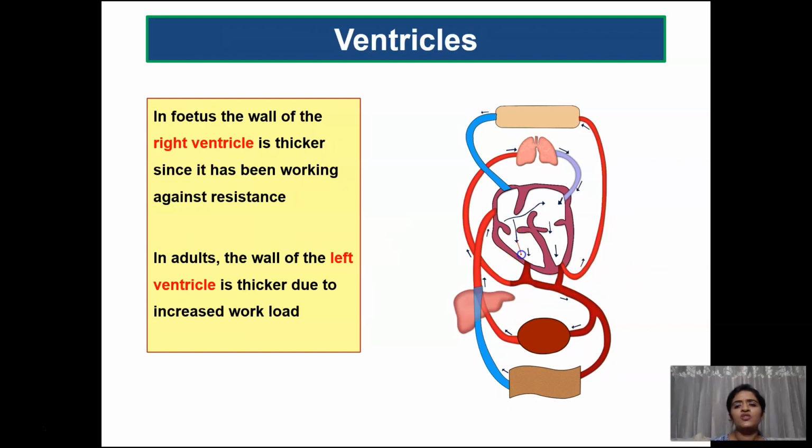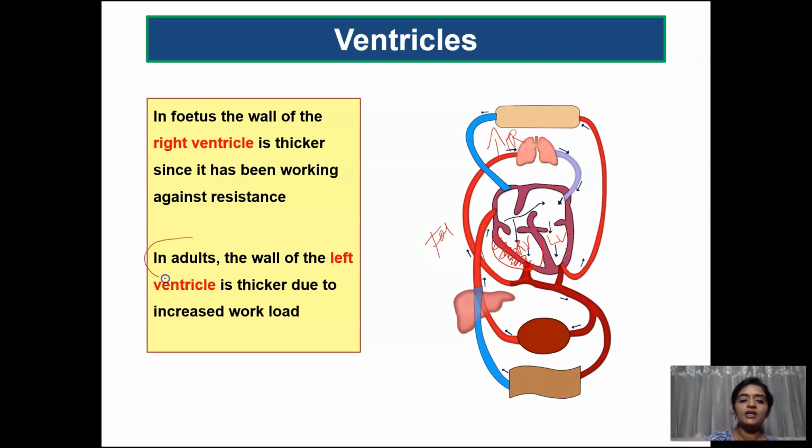Now when we talk about ventricles, this is the right ventricle and this is the left ventricle. The right ventricle is thicker since it is acting against resistance in the fetus. In the fetus, we know that there is increased pulmonary resistance because the lung is not functioning properly. If the lung is not functioning properly, air won't be entering and there will be increased resistance. So the right ventricle will have to pump at a faster rate and against resistance. That is the reason why the right ventricle thickness is more compared to that of the left ventricle in case of